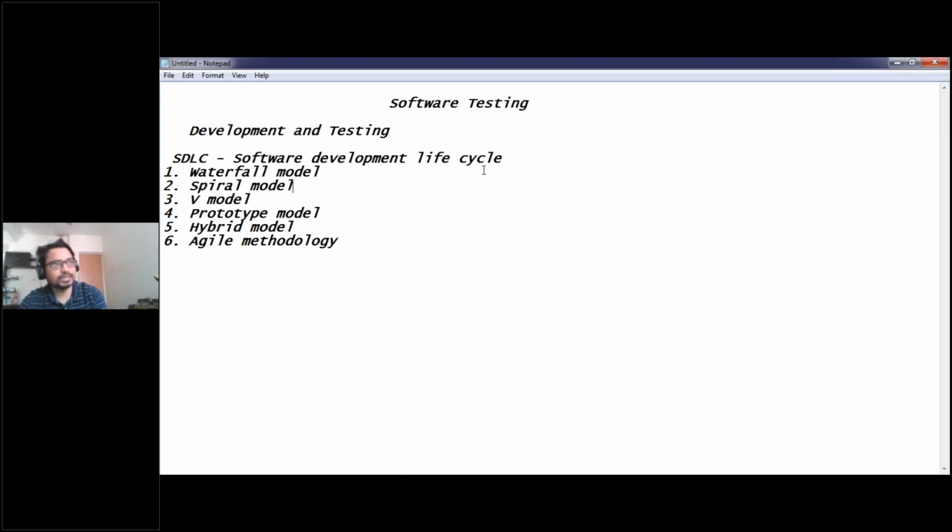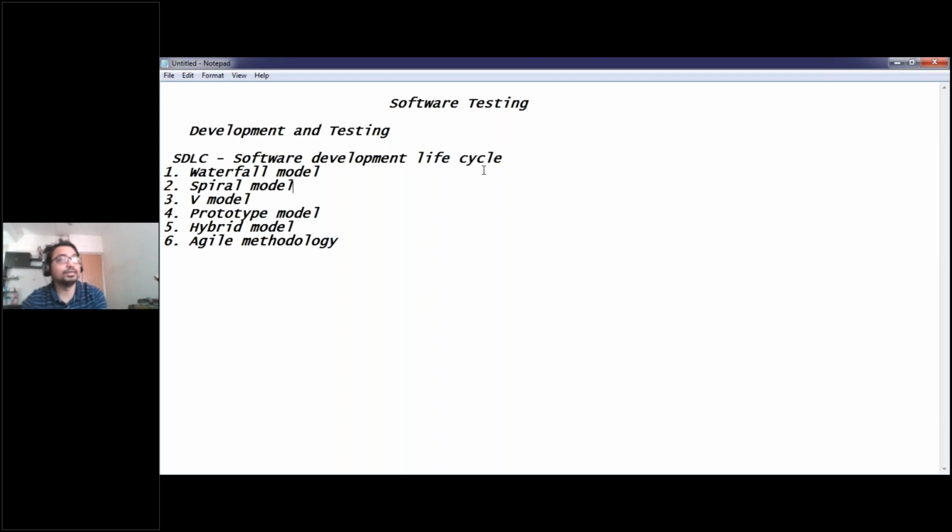The V model basically shows like a V. On the left hand side, the developers are developing the product, and on the right hand side, the testers are testing the product. So development and testing run simultaneously. But in the V model there is a drawback: the documentation is very high. Now the next one is the prototype model. The prototype model is based on a prototype.